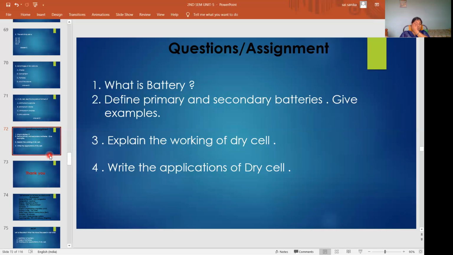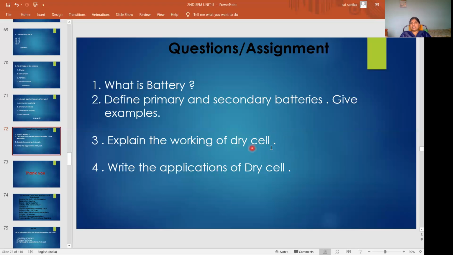So in your syllabus, primary cell, only one cell, that is dry cell. So in your exam they can ask like that also: explain the working of primary cell. So only one cell is there, that is dry cell. So write the working of dry cell means it is a direct question. Write the working of primary cell means that is an indirect question. Okay. What is the primary cell here? Dry cell in your syllabus. So you have to write this dry cell.